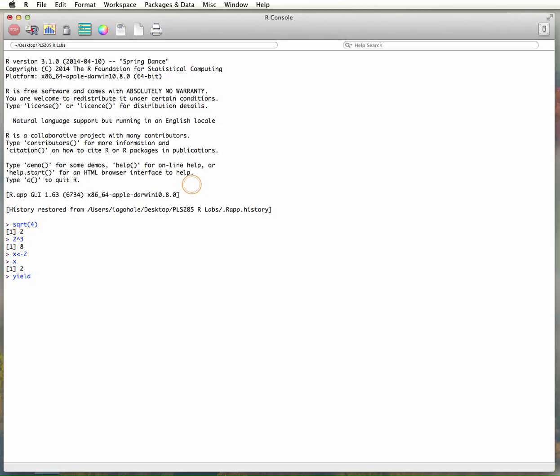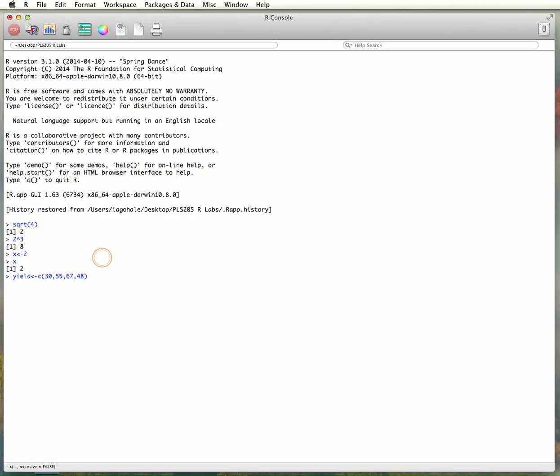Let's say I had yield data for a couple of plots. My variable is called yield, and then I use this function c in R. You'll notice in R there are all these parentheses everywhere. That's the way R works. It's a function followed by parentheses, and inside the parentheses is the argument of that function. The c function is a combine function, so it takes a list of things and combines them into a vector. And you can put in a bunch of numbers here